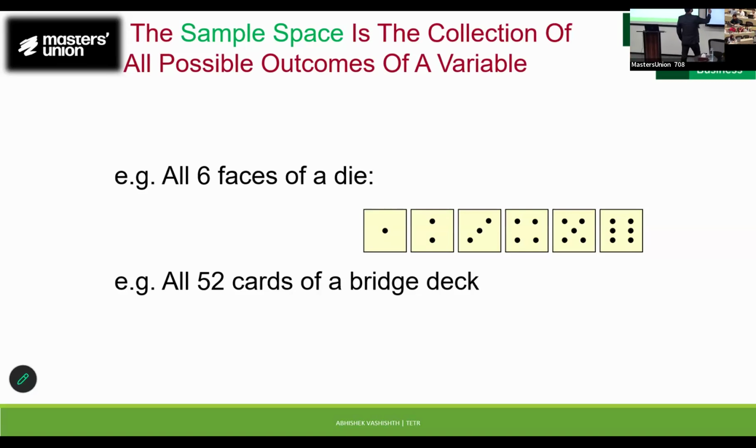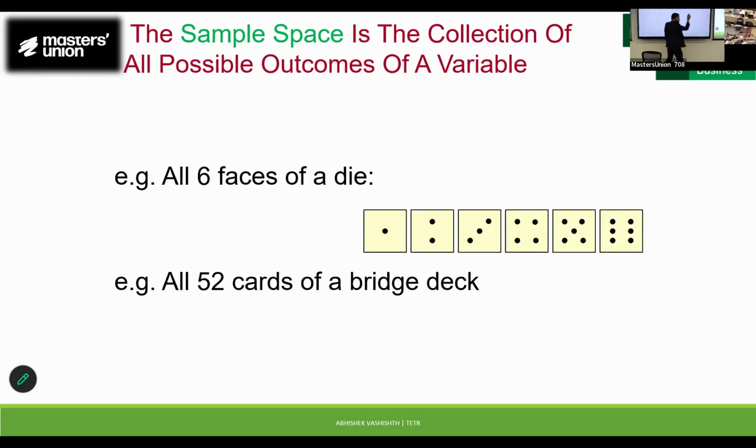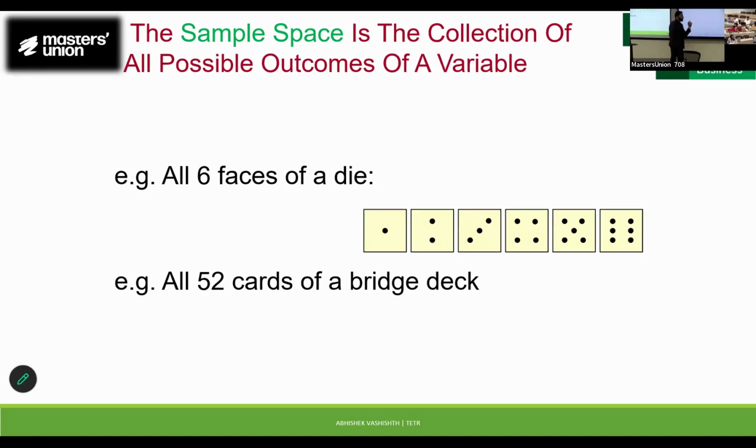So coin, dice, and a mix of these. Cards, a deck of cards. Now head and tail. You will get either head or tail. Can you get both? No. Events which will be either-or